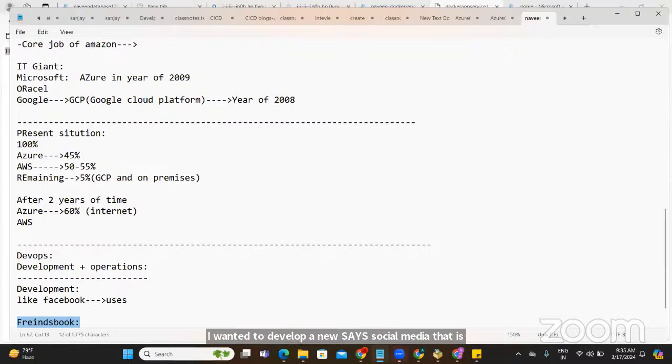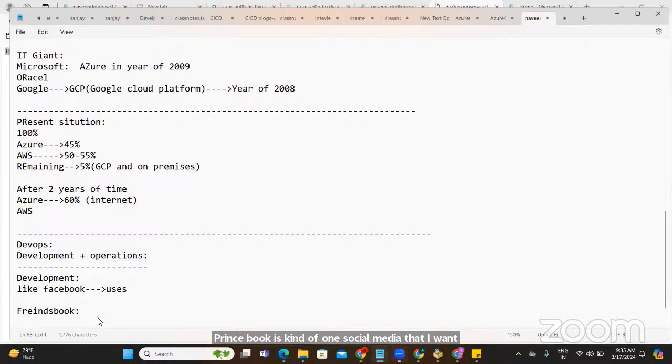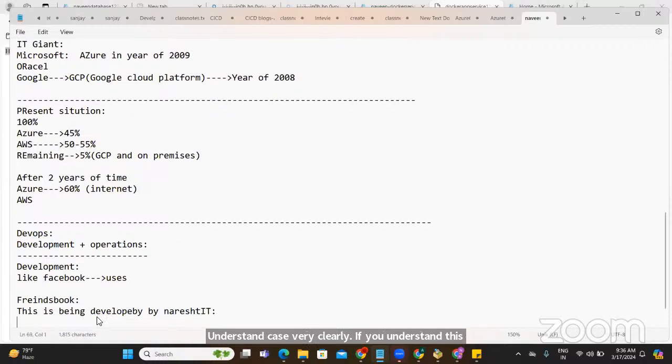So guys, what is Friends book? Friends book is a social media that I want to develop. And let's say this is being developed by Naresh IT, we got a contract for Naresh IT. Understand very clearly, guys. If you understand this example, you understand what DevOps is. Now, if you're talking about Friends book development,